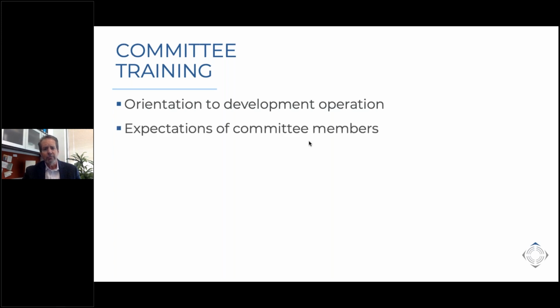And then training that follows. When somebody finally comes back and says, I'll do it, then letting them know that we do have an orientation process. We're going to take time to help you understand the role of the committee, what we do and what we don't do, okay? Expectations of each member. And obviously, the most important aspect of training is to ease everyone's anxiety around this thing called fundraising.